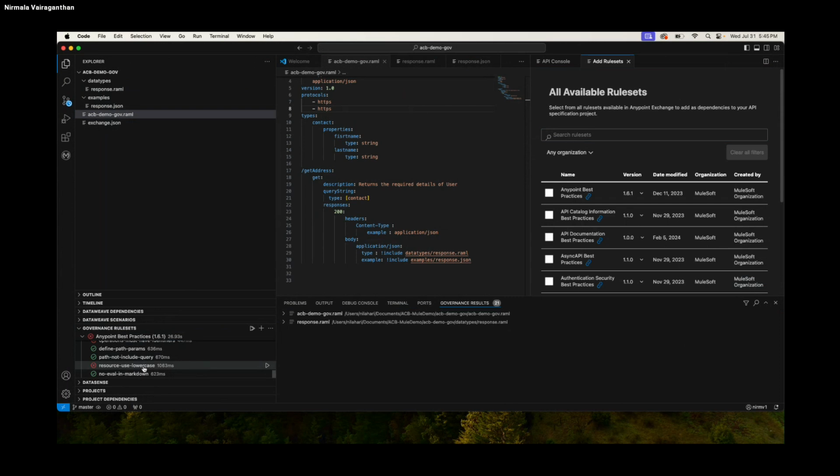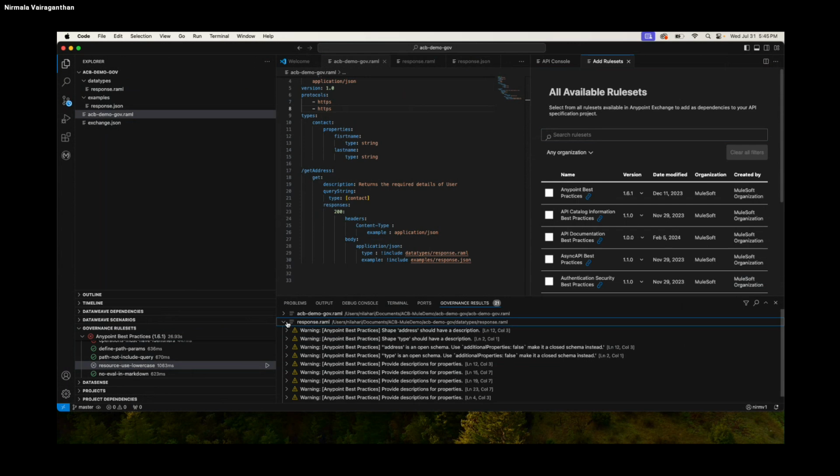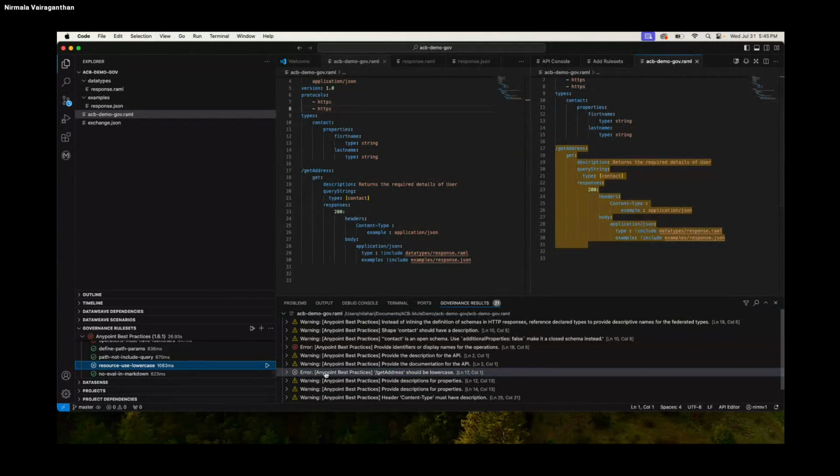This is specifically, I just kept it as an error. The error says the resource uses lowercase. If I go to this particular error message, it will directly show me exactly which place the error is, and it allows me to change that. See, here, this is get address should be lowercase. This exactly points out where the error is happening and what change I need to make. If I go here and just make the resource lowercase,